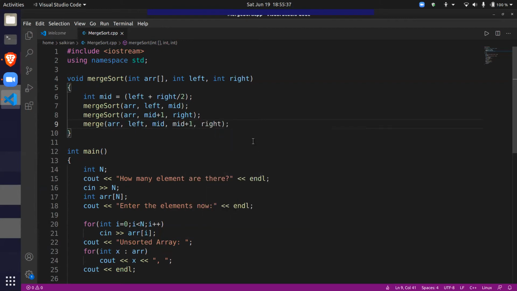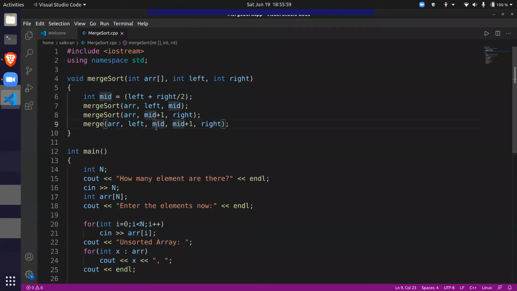Don't get confused, guys. What I'm saying here is we are sorting the left part, we are sorting the right part. Now we need to merge them both. Since both of them are in the same array, I'm just passing that array as the argument. They are not separate arrays.